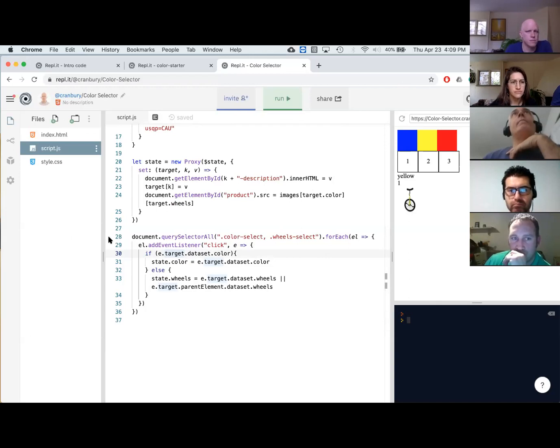That target, that data set color. I don't know. I don't think I could really explain this just looking at it right now. That's okay. Let's start with this. So I have